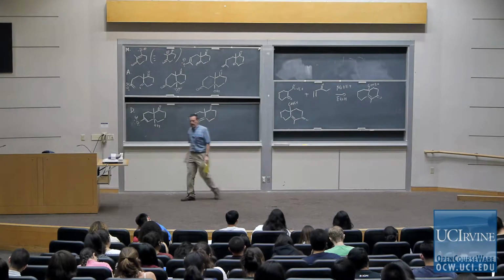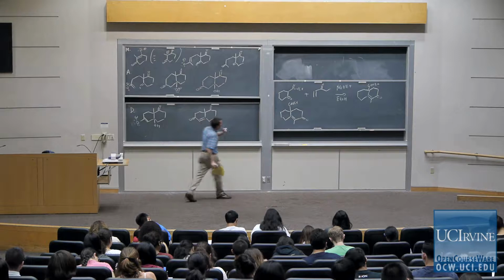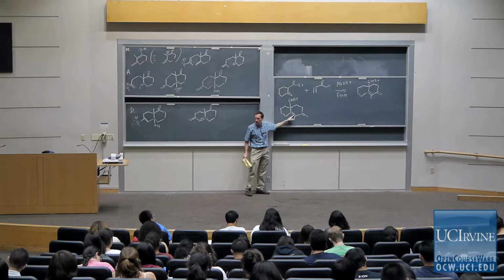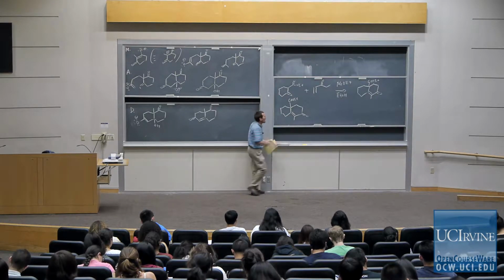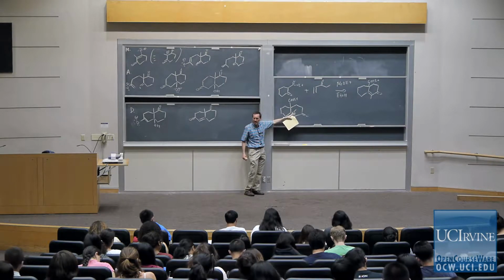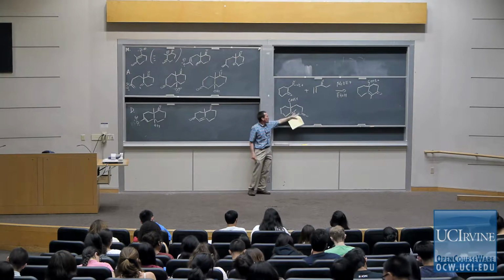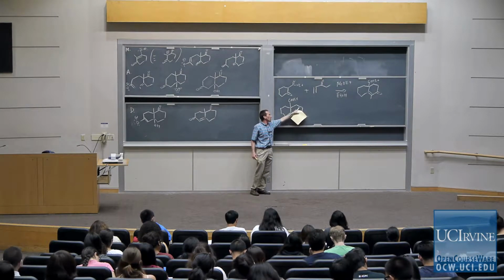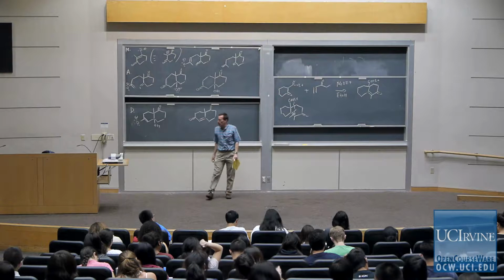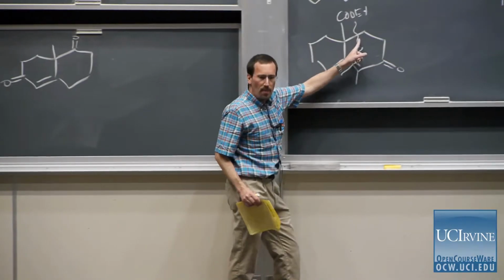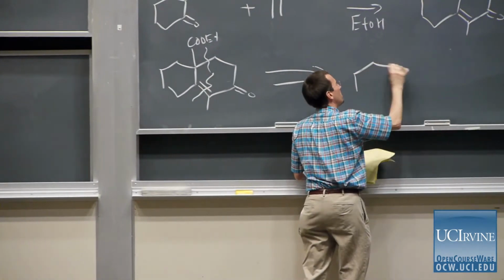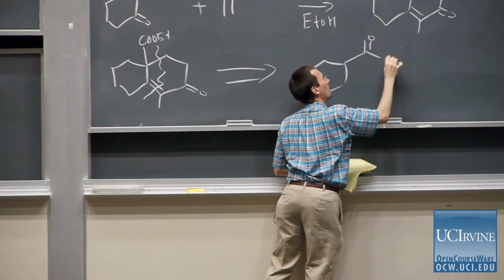retrosynthetically. So Johnny and Kim and I look at this and say, this is a cyclohexanone, and I know cyclohexanones can come from Robinson annulations, and I know that in this reaction we can think backwards about forming the alpha-beta unsaturated bond, but also the bond that's between the third and fourth position, so the beta-gamma bond to the carbonyl of the cyclohexanone. So we can break this molecule apart in one giant retrosynthetic step and say, oh, this had to come or could come